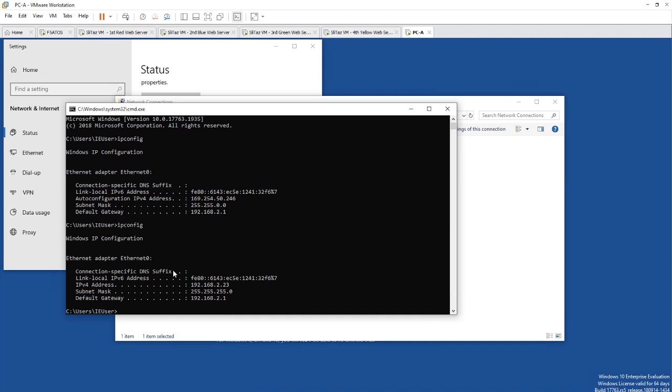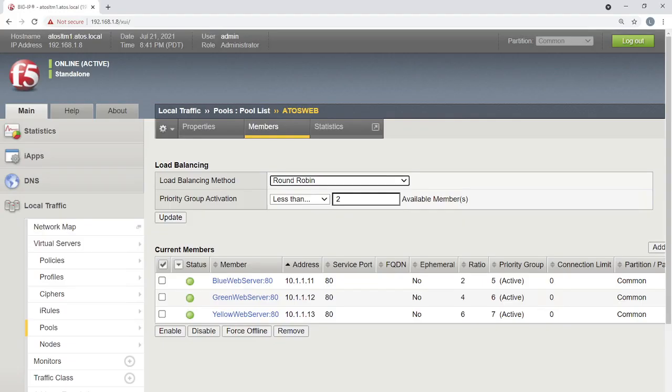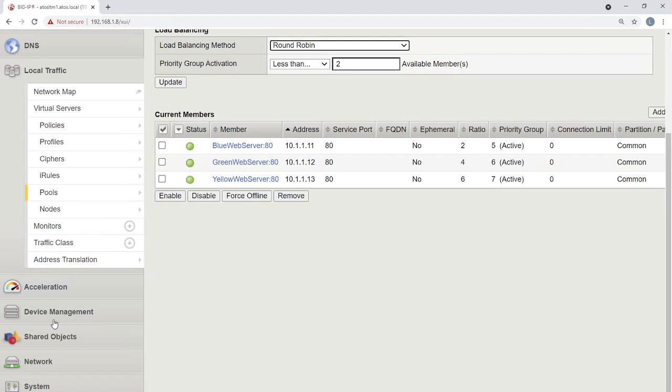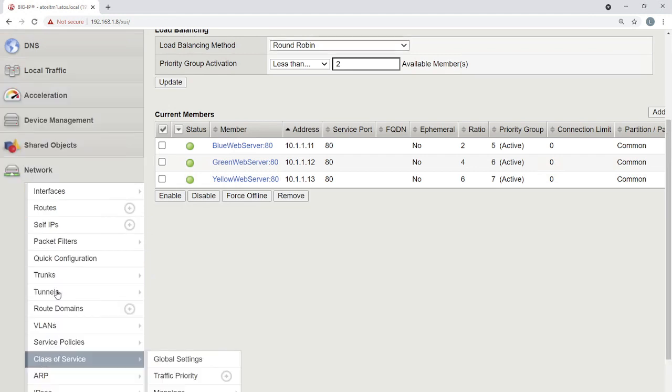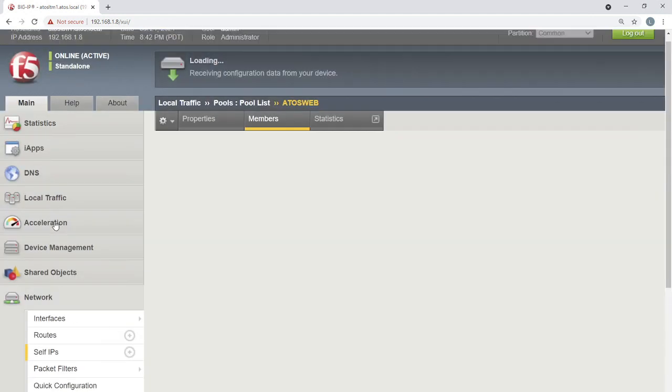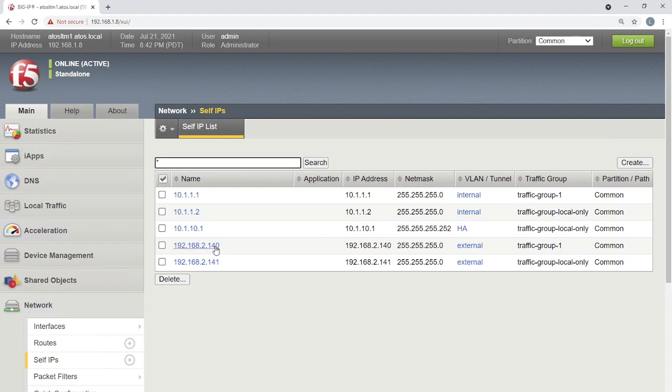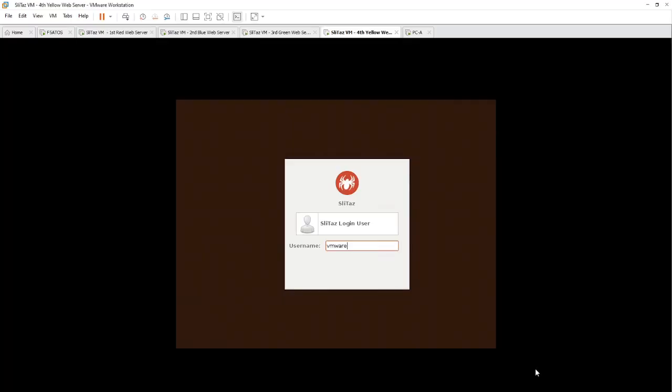Okay, now let me see what my external interface is configured with. That's the problem. I have configured the same IP address. That was an IP conflict, and that's the reason it was not picking up. Anyway, now I have 2.23. Now let me try to change the default gateway alone to 2.140. The rest of the things are okay.